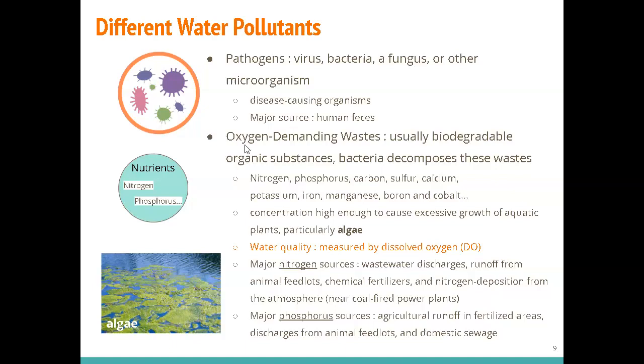So also the next one is oxygen demanding waste. So the pathogens, they are already the oxygen demanding waste, and there are other types in here. For example, nitrogen, phosphorus. So the nutrients that you're dumping to the environment is going to be biodegradable. What does it mean by biodegradable? They will need oxygen for oxidation, okay? And the bacteria will decompose the waste in here, listed in here.